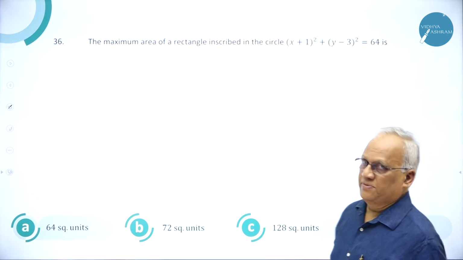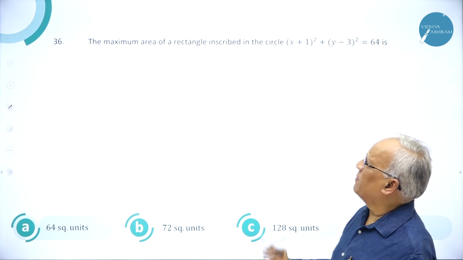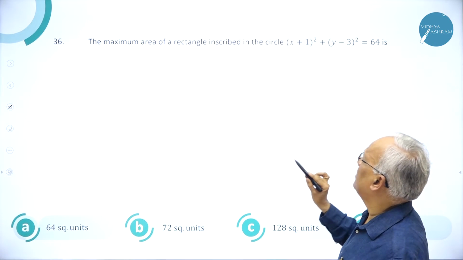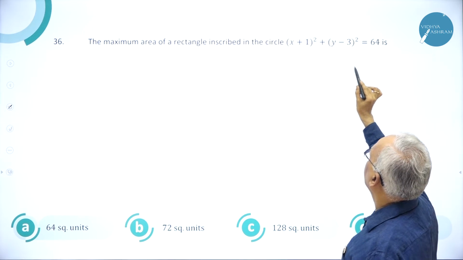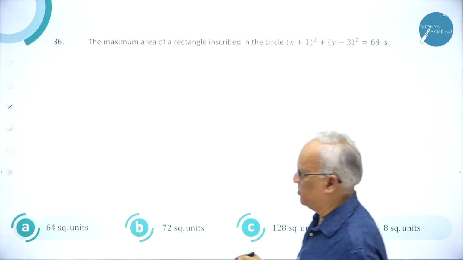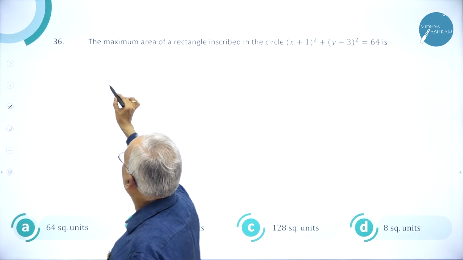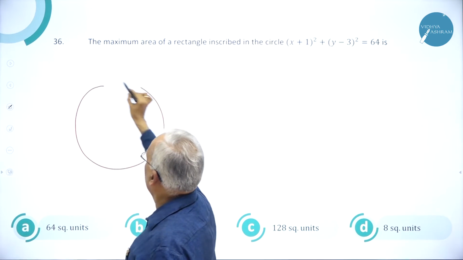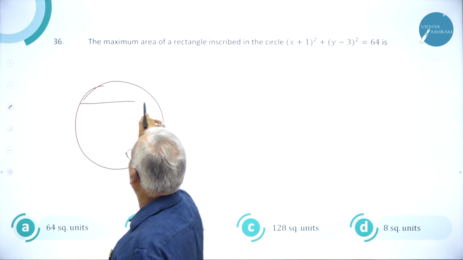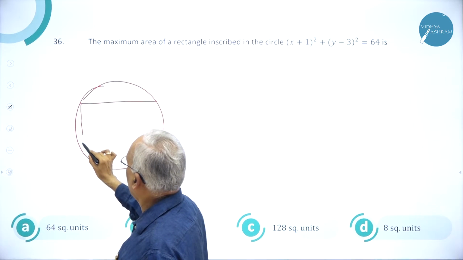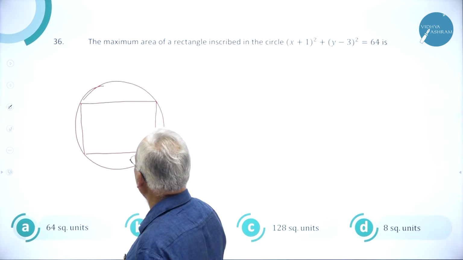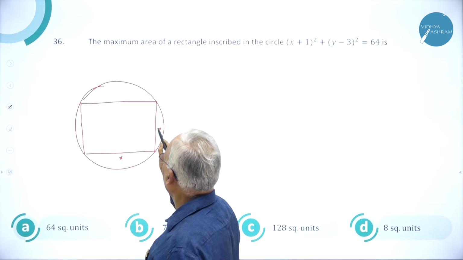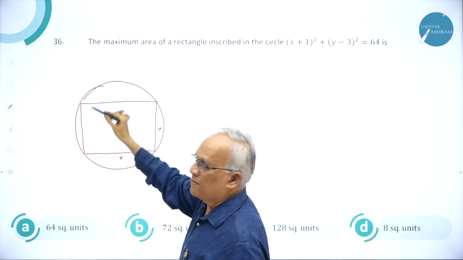Okay, next, 36th question. The maximum area of a rectangle inscribed in a circle (x plus 1) whole squared plus (y minus 3) whole squared equal to 64. Please see, you have a circle. You can inscribe a rectangle. There is a standard result. This is a point (x, y). This is a rectangle of